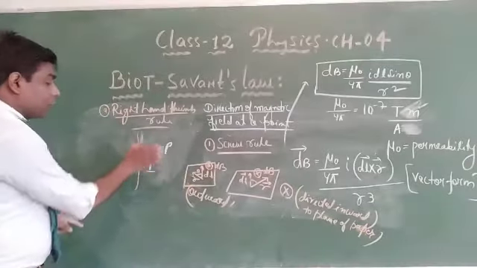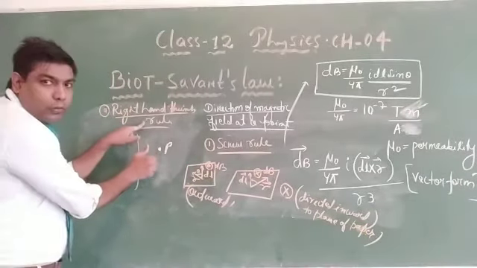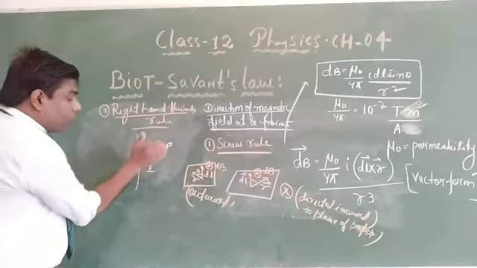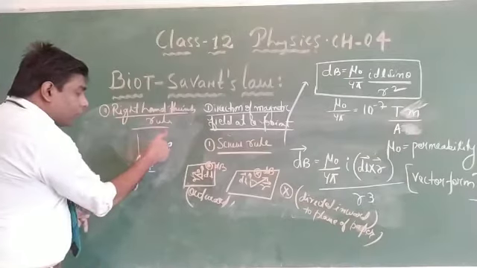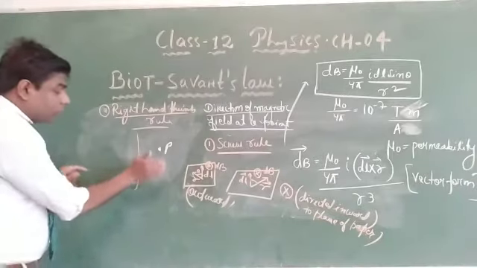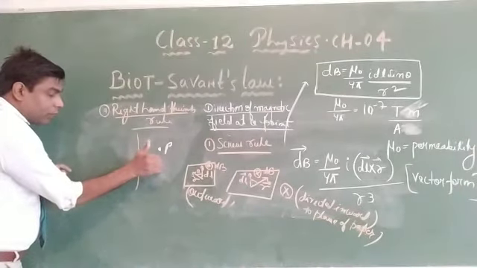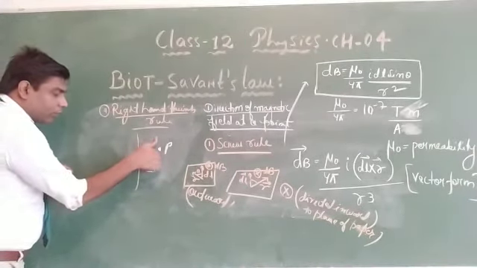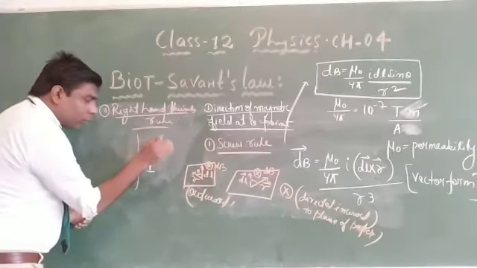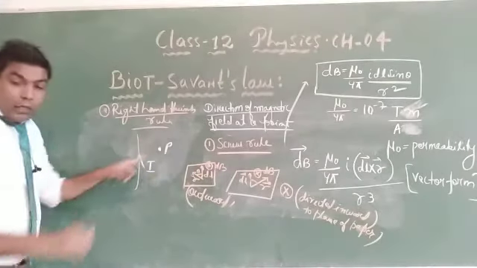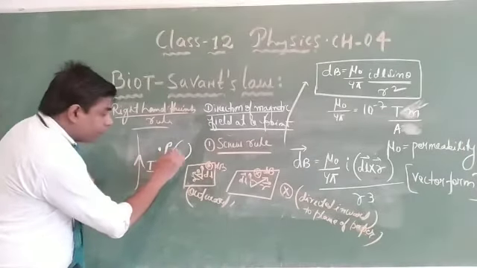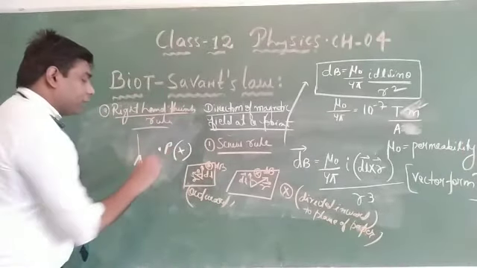For example, here current is going upward. I have to hold like this according to this rule. Thumb will give the direction of current. Now, if I want to move out, then I have to move this like this. Why? Because if I move like this, this thumb will be going downward, but here the current is going upward. So here, when you place like this and move, curl the fingers with the thumb in the direction of current, then you have this finger. See, it is going inside. When it comes here, it will go inside. Means at this point, according to this situation, the magnetic field is inward. Inward means this is the direction of magnetic field.